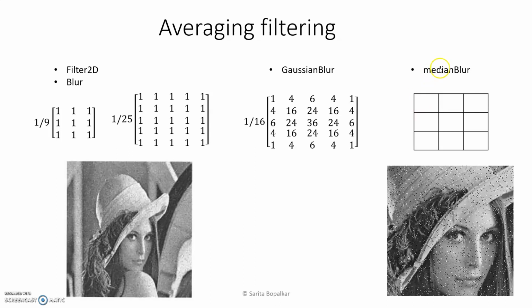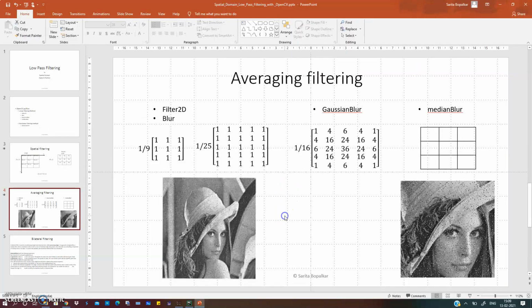Next linear filter is median blur. In this case we take the median of all the image pixels under this kernel, and the center element is replaced with this median value. This is highly effective in the case of an image which has salt and pepper type noise. So this image has salt and pepper type noise. Here you will find some black dots and white dots, that's why it is known as salt and pepper noise. Let us use these methods in PyCharm IDE.